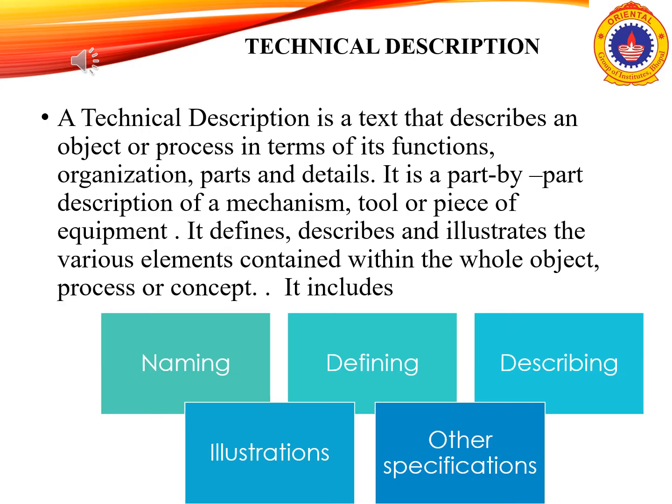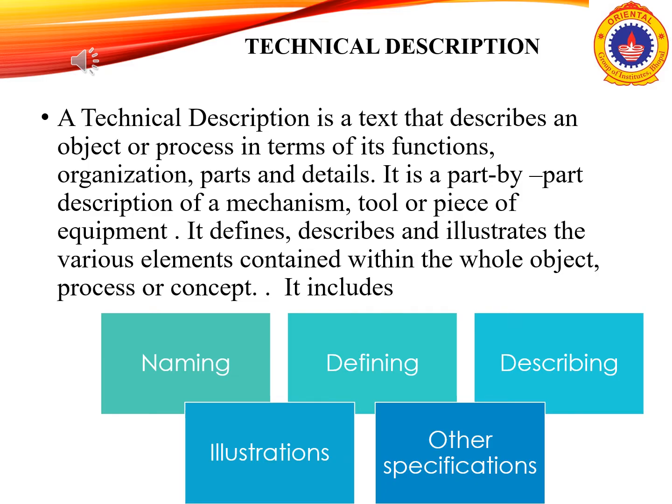For example, if you are writing the description of an air conditioner, you have to draw a labelled diagram of an AC and then give the different parts. And first of all, in the initial stage you have to give the definition, as I told you. Okay, what is an air conditioner? Then you have to come to the main body and then the conclusion. Okay, so you have to give the description with different illustrations.